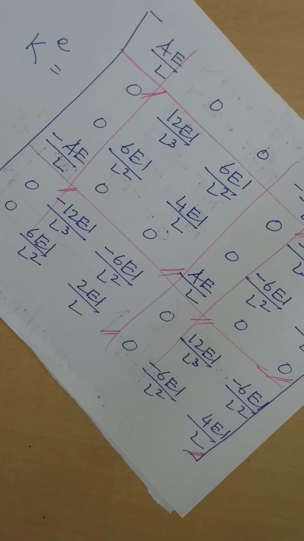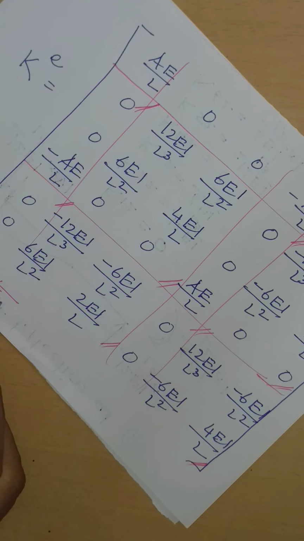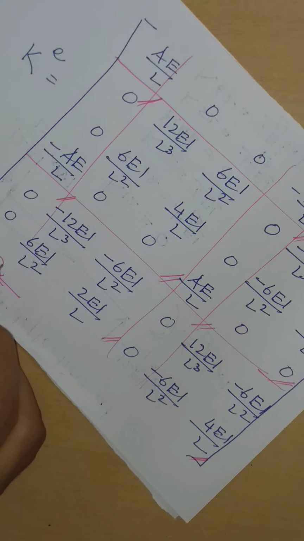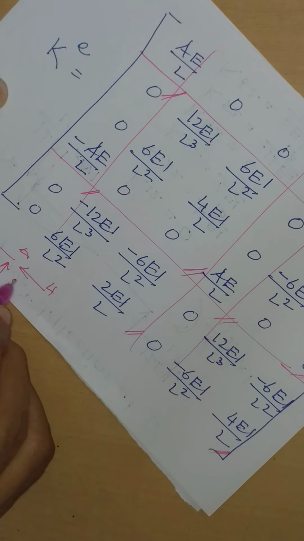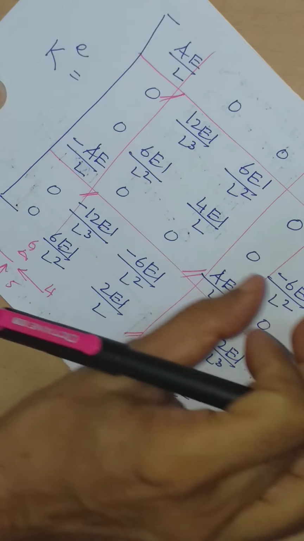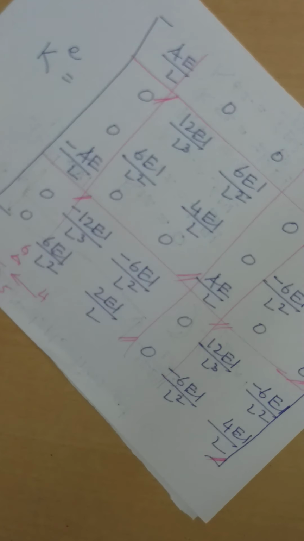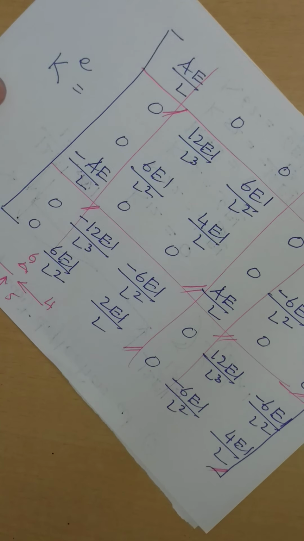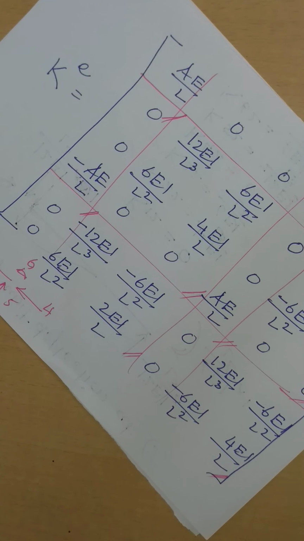Naturally, the first row and fourth row correspond to truss, that is axial force, and the second row, third row, and fifth row, sixth row, they correspond to beam. So this is nothing but beam matrix which is put in a structure of a truss matrix. I hope you have understood this concept. So in our next discussion, we will discuss about solution of any indeterminate frame using this frame element. Thank you.